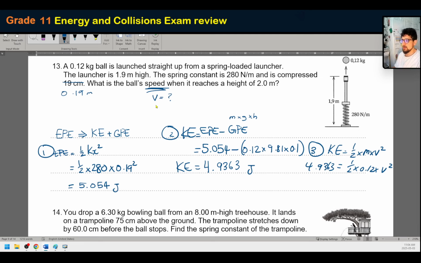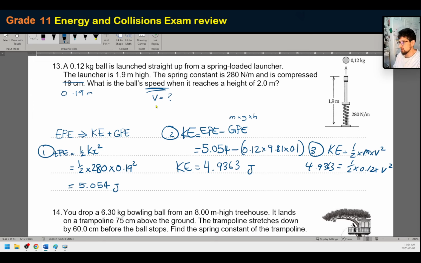Now notice that's really close to 5. The reason being is because the ball only traveled just a little distance. It only traveled about 10 centimeters. I mean, the difference between 2 meters and 1.9 meters is 10 centimeters literally. So obviously it's just left that spring and it's traveling upwards. So that's only 10 centimeters. Obviously it's not going to be a lot of gravitational potential energy. But yeah, anyway,